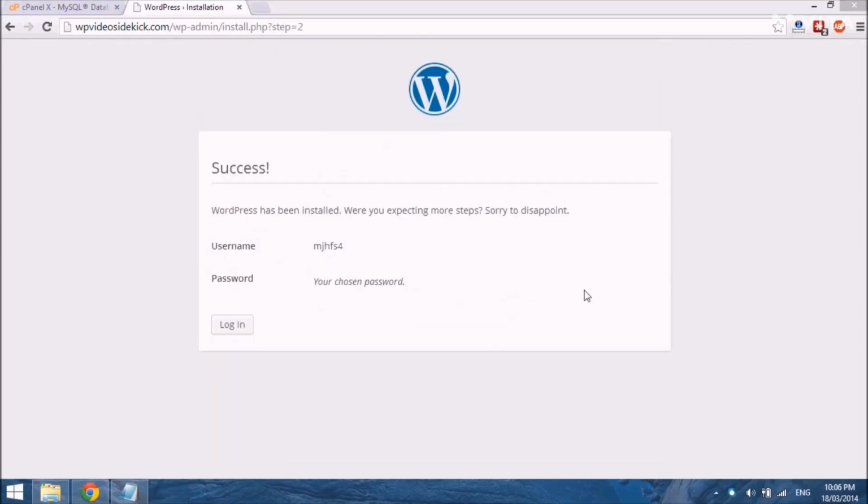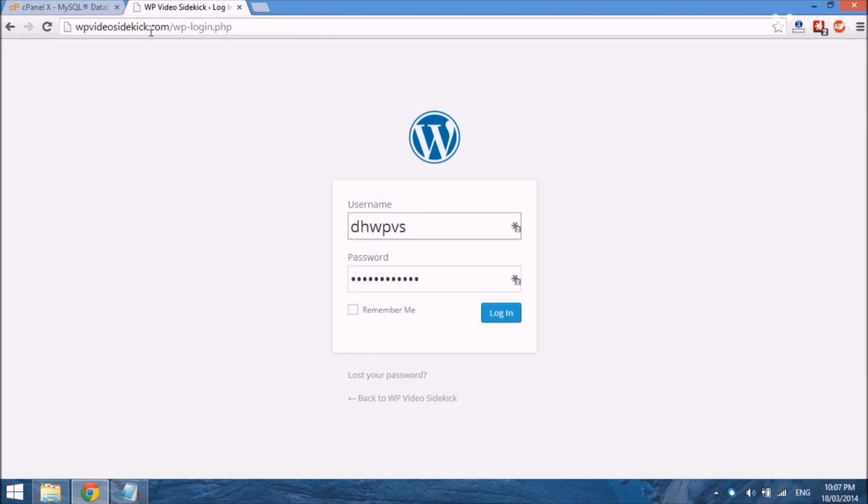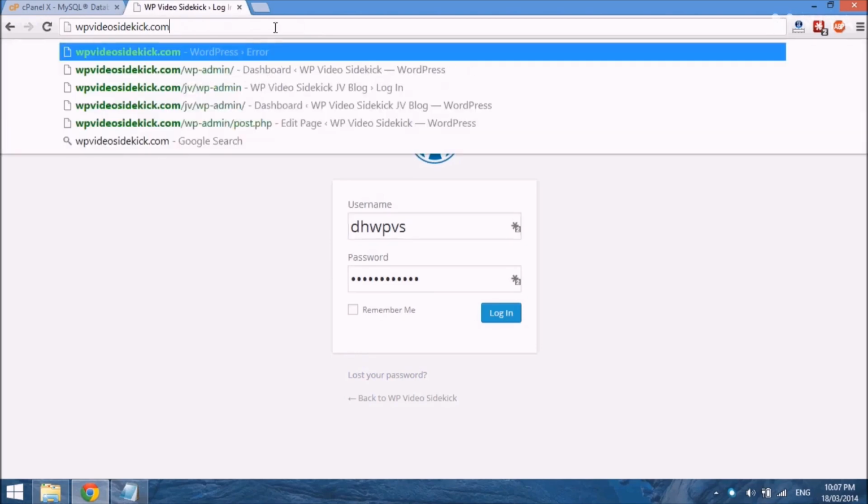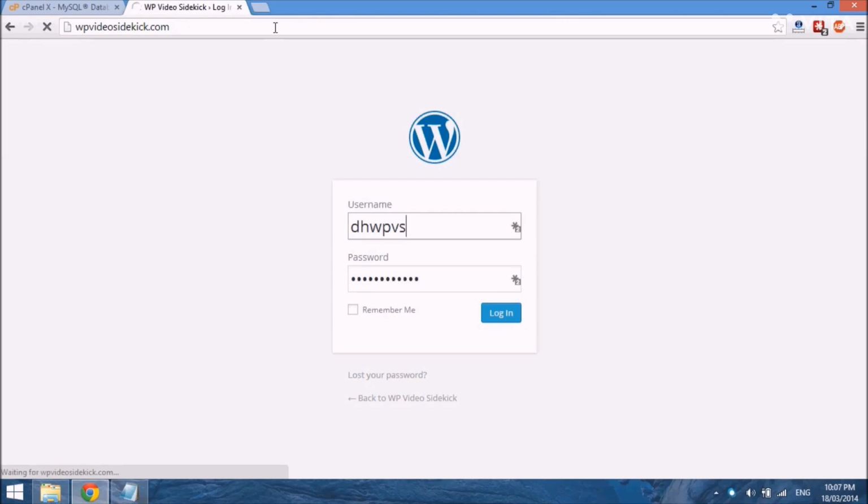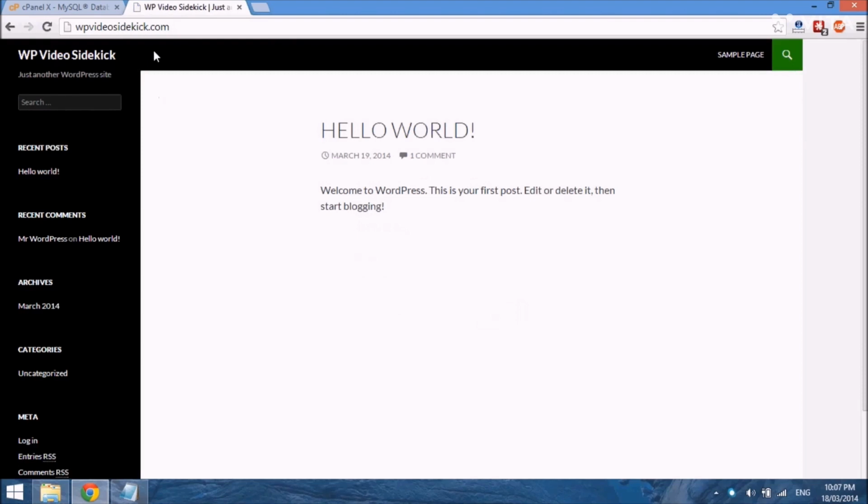And then you will just see this screen here that says success, WordPress has been installed, and you've selected a username and of course the password that you selected. And if you just click the button that says login, it will take you to the login page, log into your site, but I'm not going to do that just yet. I'm just going to go back to the home page of our site, and now you can see